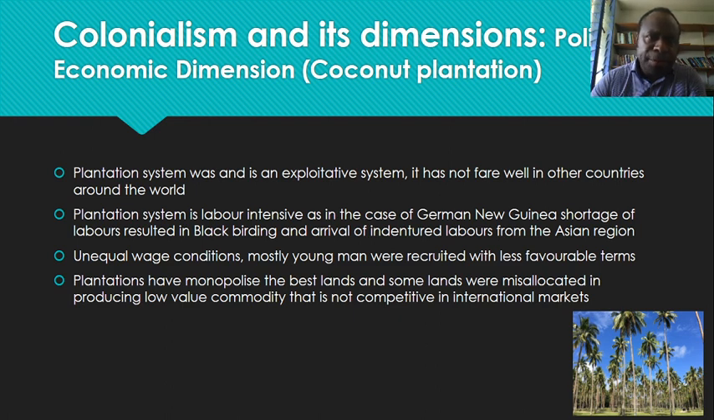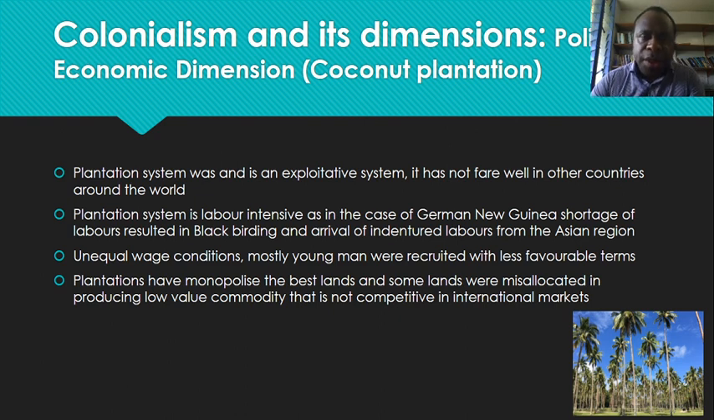The plantation system was and is an exploitative system under the colonial arrangement. It has not fared well in other countries around the world. The plantation system is labor intensive, as in the case of German New Guinea. Shortage of laborers resulted in blackbirding and the arrival of indentured laborers from the Asian region. Unequal wage conditions: mostly young men were recruited with less favorable terms. The plantations have monopolized the best lands, and some lands were misallocated in producing low-value commodities that are not competitive